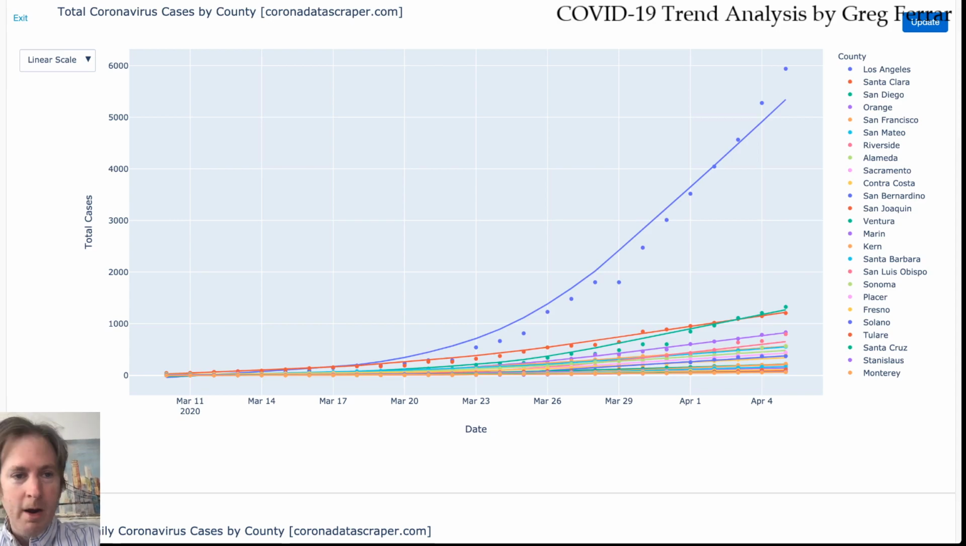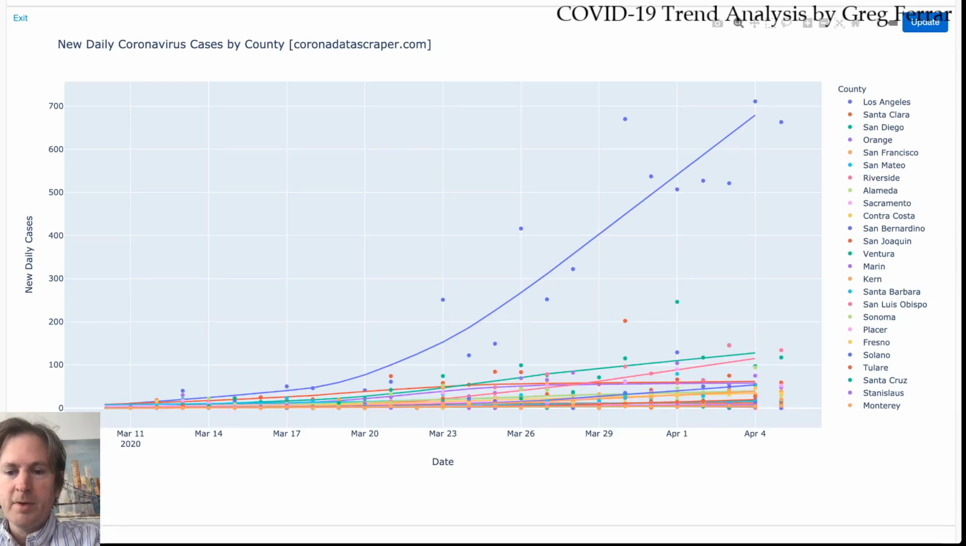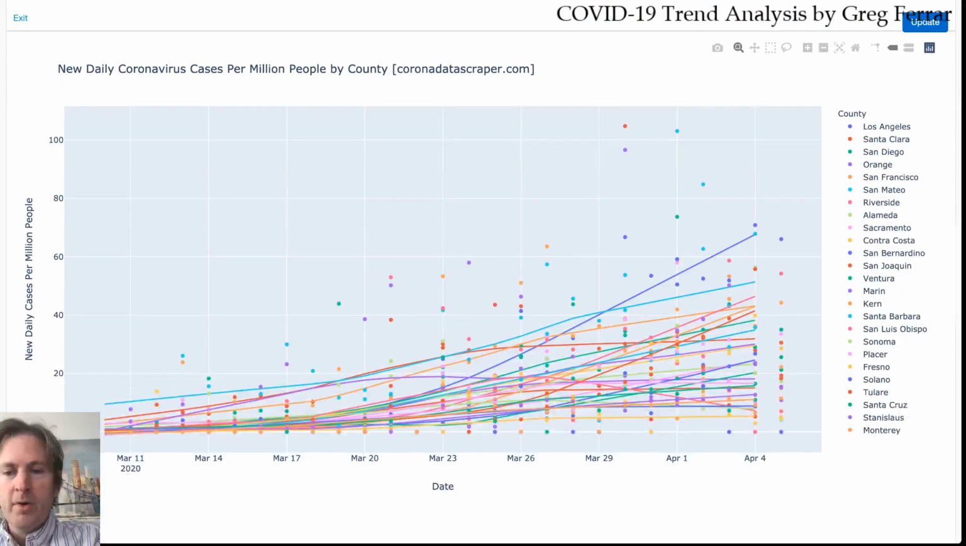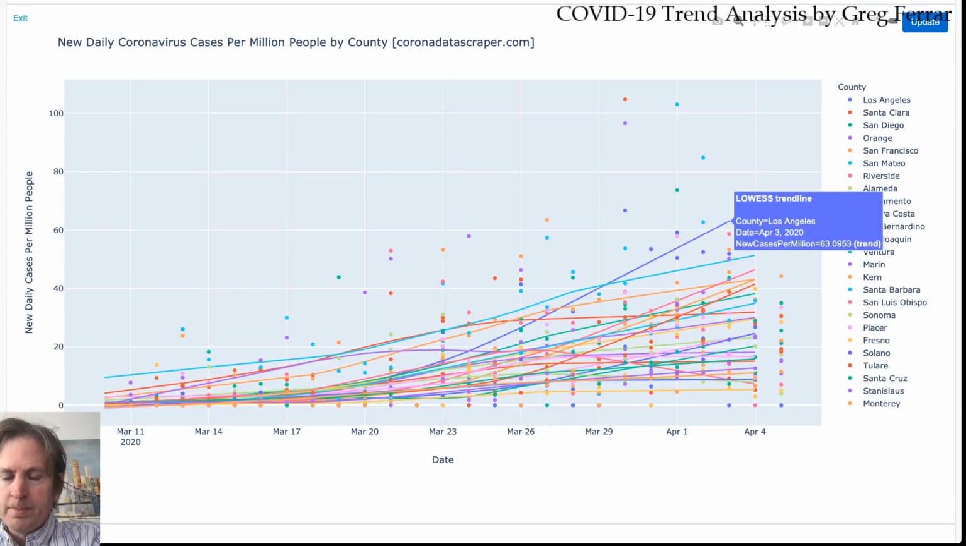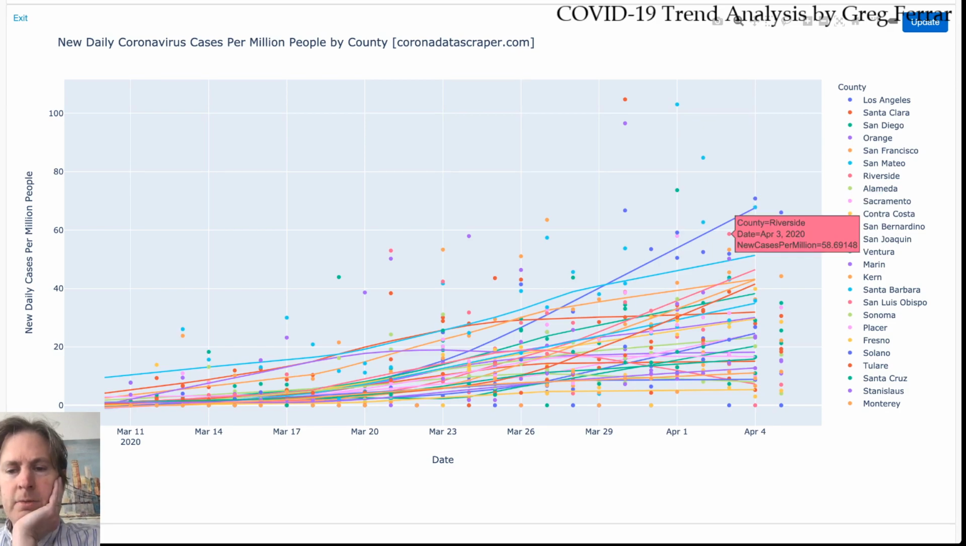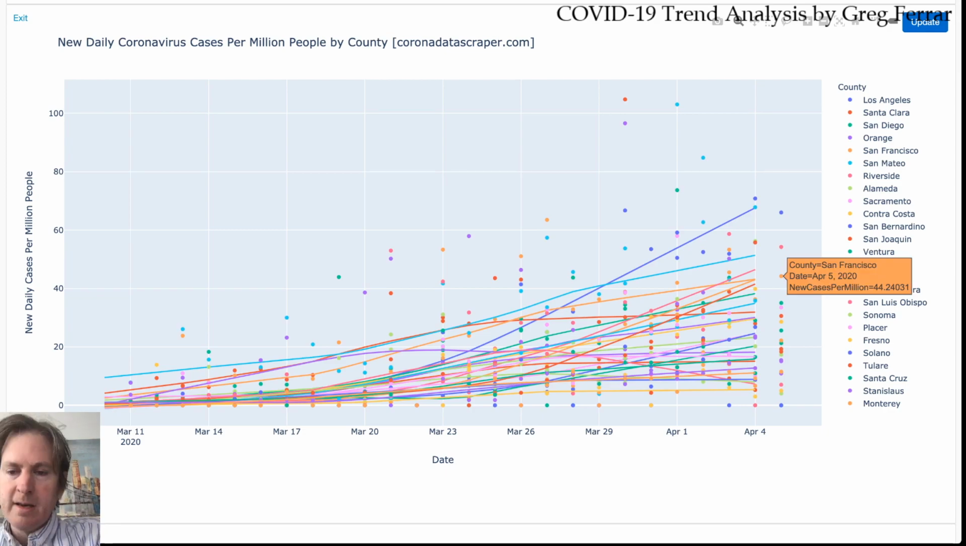So here we are in the cases by county. Los Angeles, total cases still leads the pack by a long shot. San Diego and Santa Clara. More interesting are the new cases per day. Los Angeles still leads. Even more interesting are the per capita cases. I seem to recall that Los Angeles wasn't leading in per capita. Maybe it always has been, but in any case, it is leading now, and it's only about